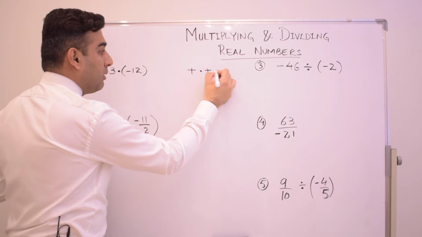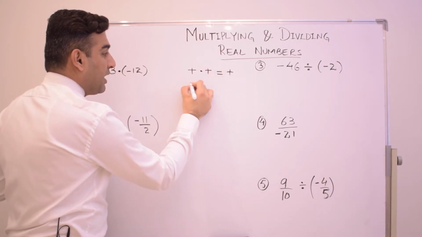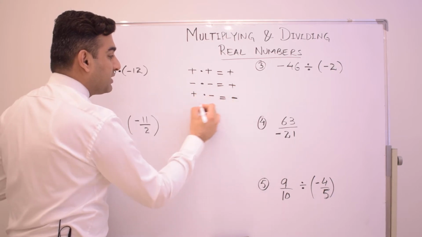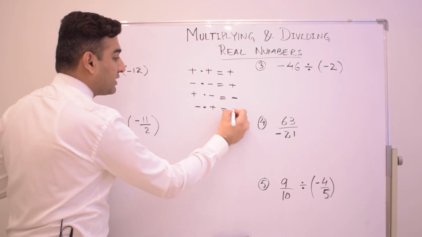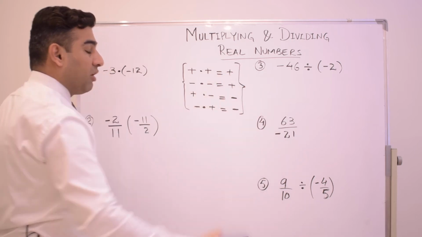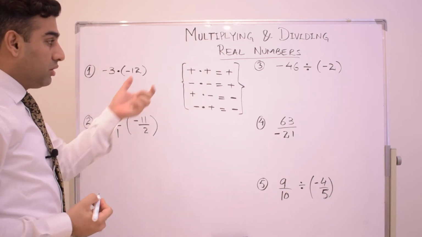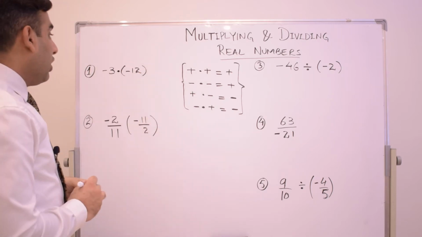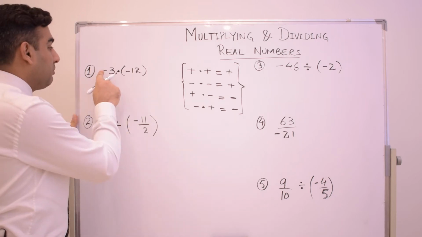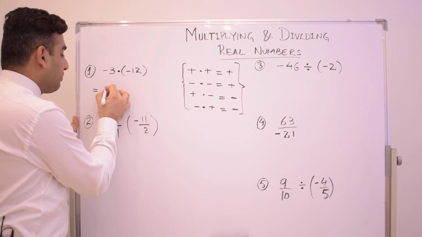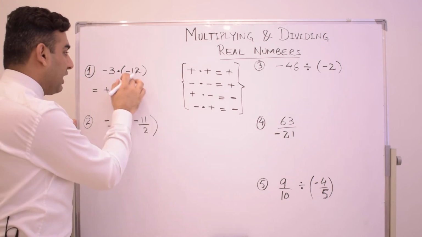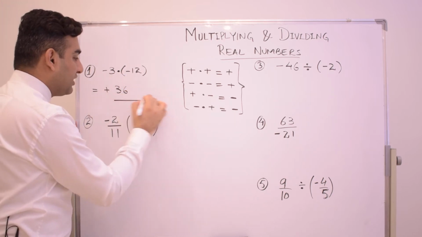Regarding the multiplication of signs, these are the sign rules: plus times plus equals plus, minus times minus equals plus, plus times minus equals minus, minus times plus equals minus. Whenever you multiply two numbers, you must know these rules for the multiplication of signs. Okay guys, so minus 3 times minus 12, first of all you have to multiply their signs. Minus times minus comes plus, and the sign multiplies with the sign and the number with the number. So 12 times 3 is 36. So guys, this is our answer.